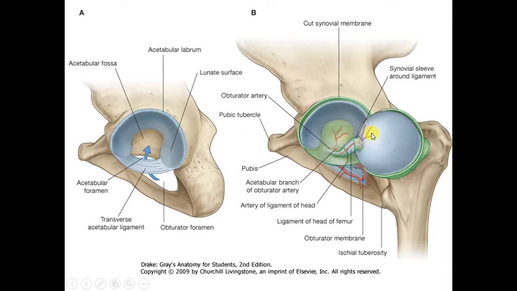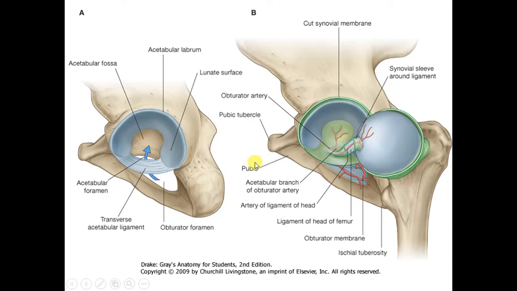And here we see it is a more circular, semicircular head of the femur, more than the head of the humerus. The femur head is larger than that. And here, for stability, a ligament is attached that is named the foveal ligament, and this ligament attaches the head of the femur to the acetabular